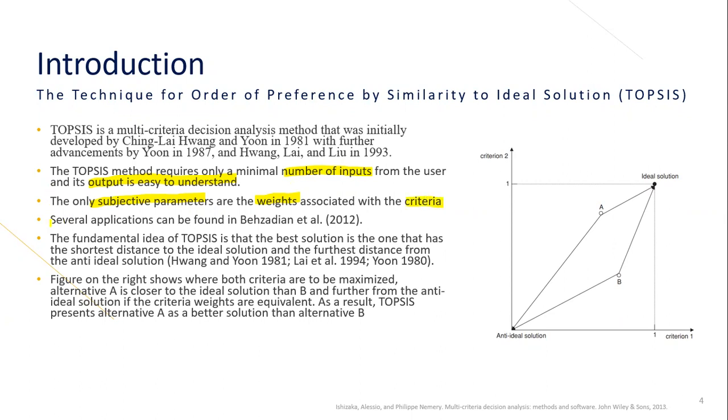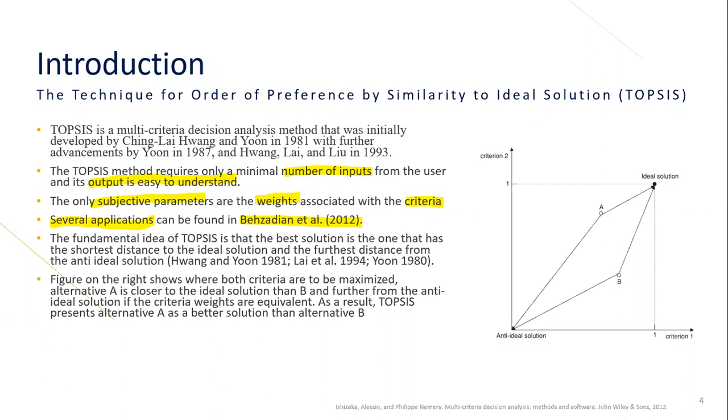If you want to see a review related to TOPSIS, you can go to this one. Even though it's an old paper, from 2012, you can still see a lot of applications there. However, if you want to find a newer one, of course, newer versions may be available of how TOPSIS is implemented in the multi-criteria decision-making process.